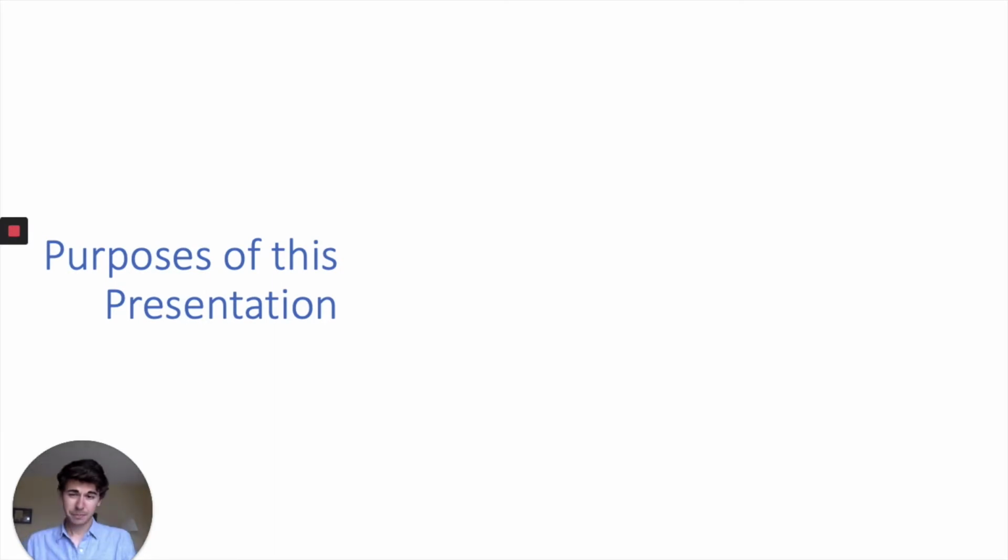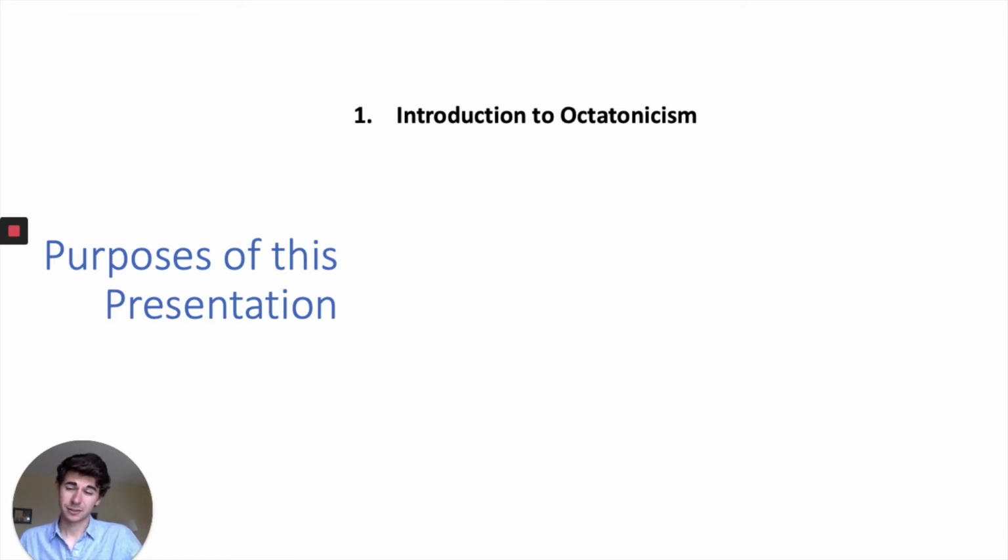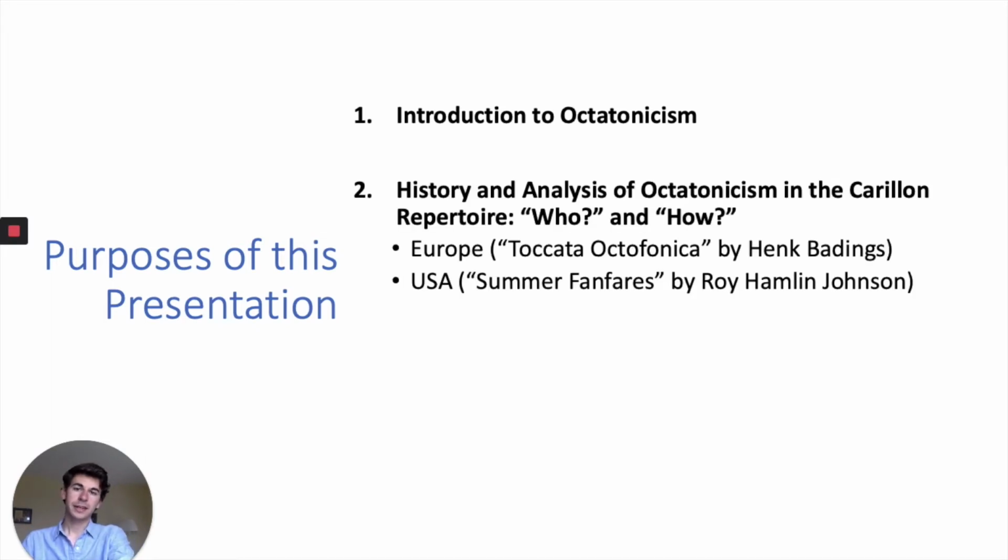So there are going to be basically three purposes for this presentation. The first one is just going to be a general introduction to Octatonicism. What does that mean when I say Octatonicism or the Octatonic scale? What is its history? A general introduction to all of that in a broader classical music context. And then we're going to get into the Carillon repertoire and how that plays into Carillon music,